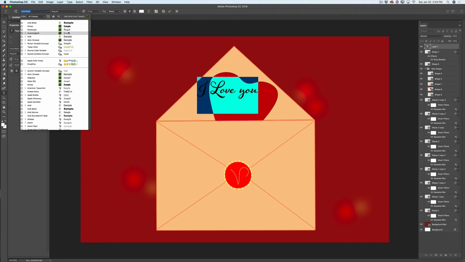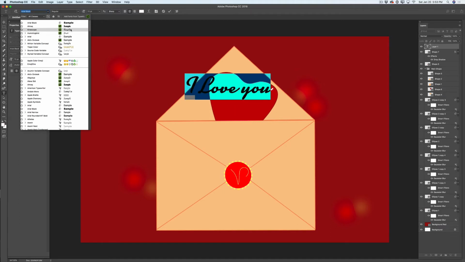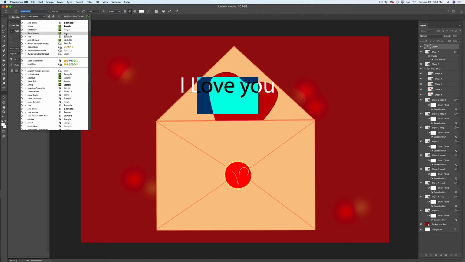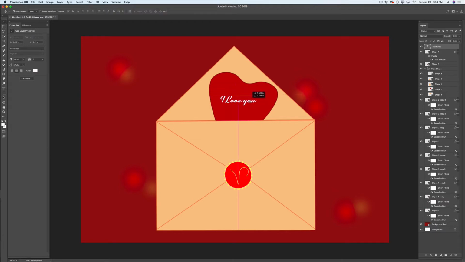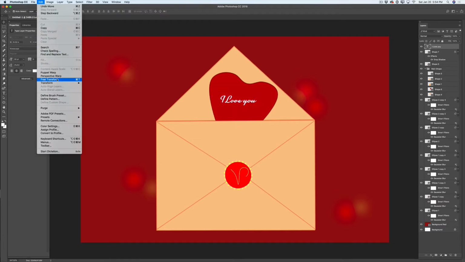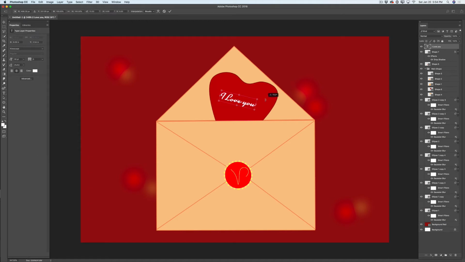I will use kind of handwriting. Let's see. Yes, I will bring size down and I will move it. Using free transform tool, I will rotate it. How cute is it? Guys,